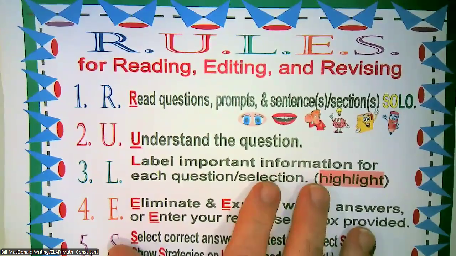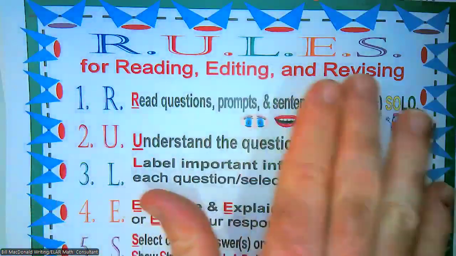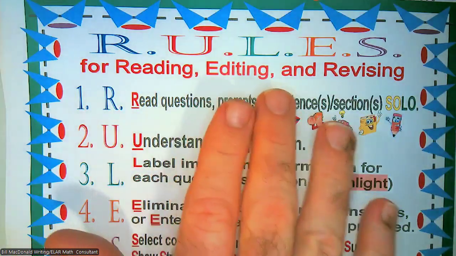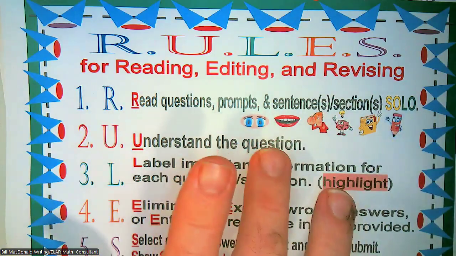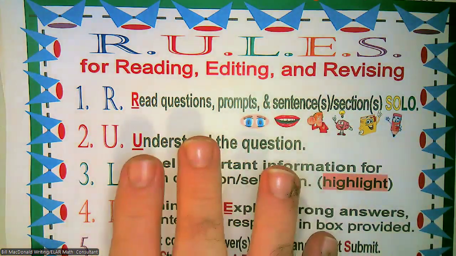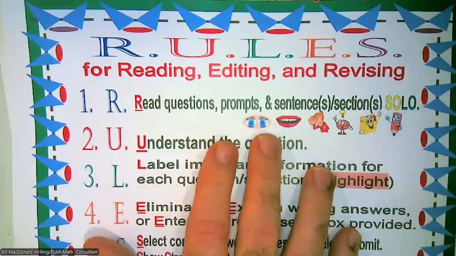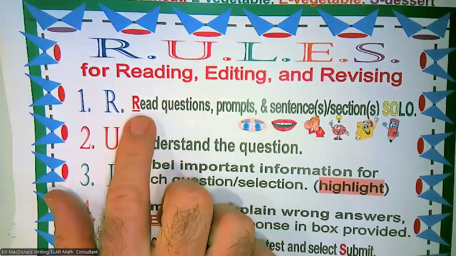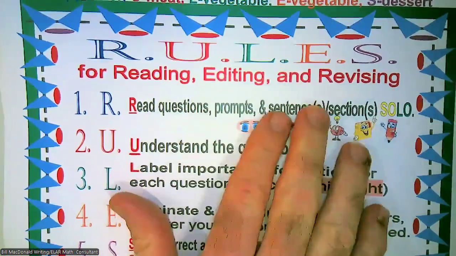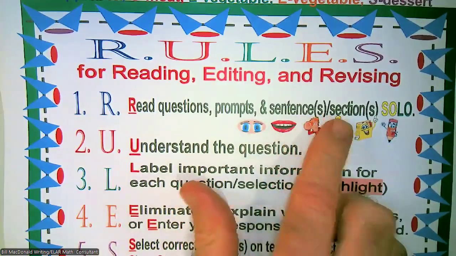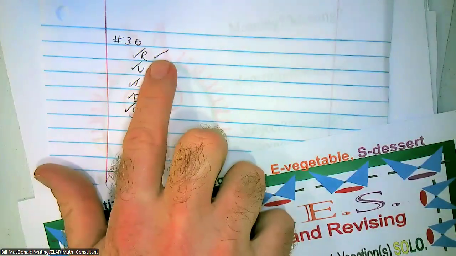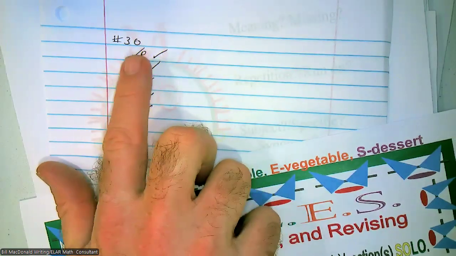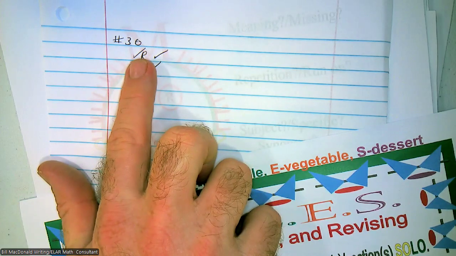All right, so just as a reminder, what you want to make sure your kids do is follow whatever your rules for reading, editing, and revising might be, whether they be in multiple choice or short constructed, extended constructed, because it can be applied to writing as well. Because we want to A, read the question, which is to the right, the prompt, and the sentences or sections, which will be to the left. So on my lined blank paper, read the prompt to the right,